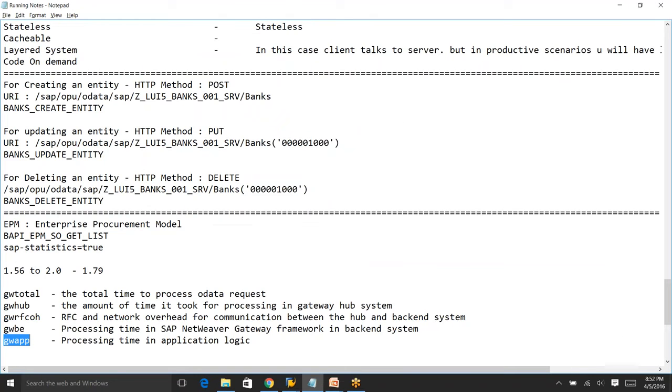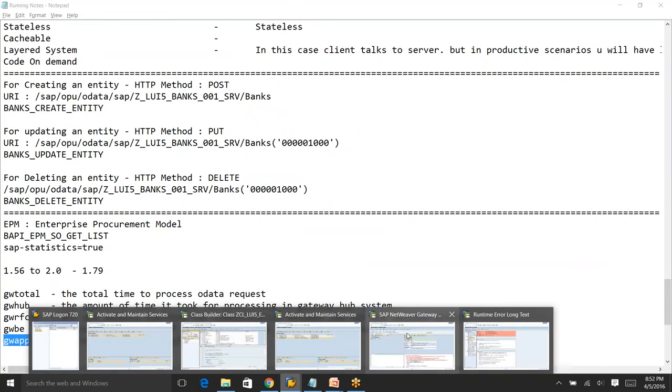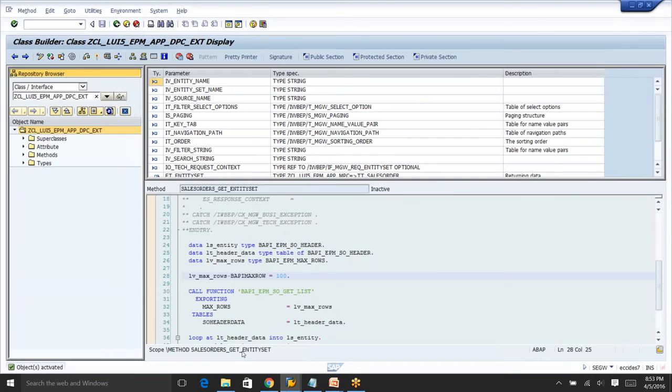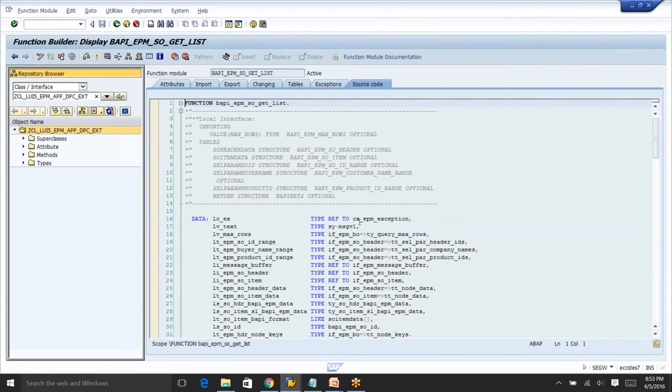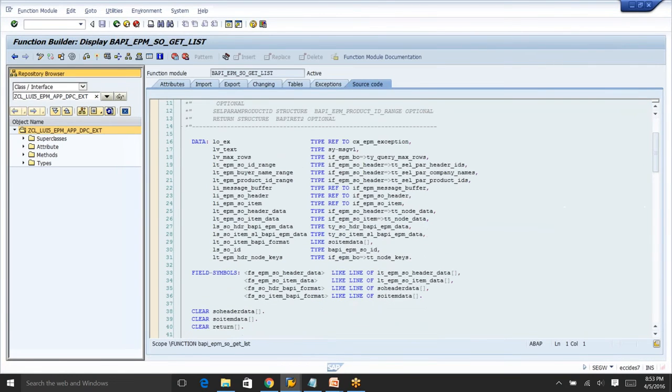So today we followed the inside out model. Okay, so let's just comment out that code and do outside in modeling. What I'm going to do is, if you look at the function module, what it is doing is